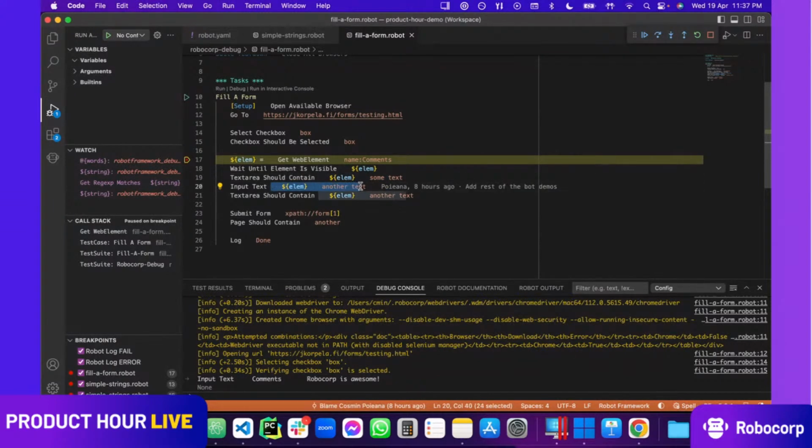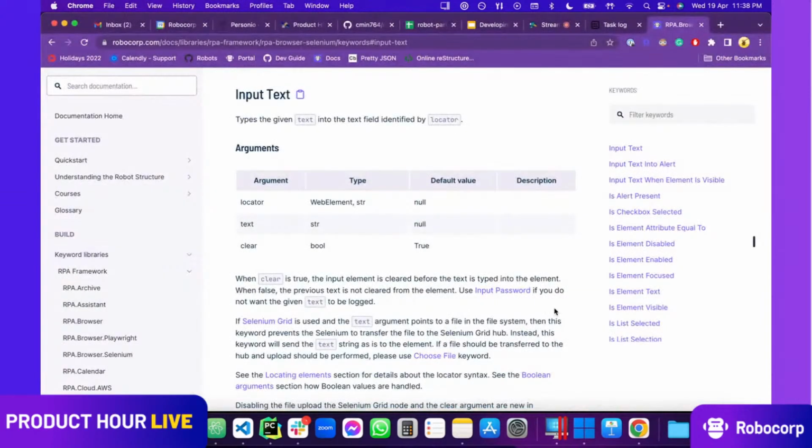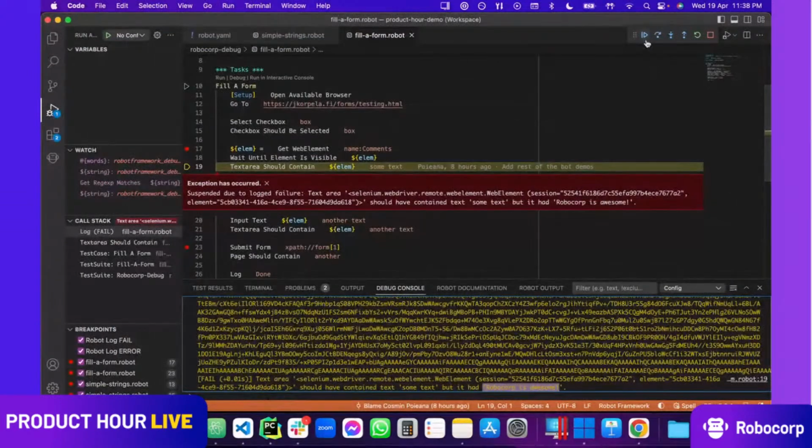Then I'm changing it with another text, and I'm checking it again to see if that works. I can put maybe a breakpoint again here. Out of the blue, I'll continue the execution. Okay, of course, it gave me an error because it was looking for some text, but it has now Robocorp is awesome. And that was the initial check. It's normal to happen. I'll continue it again.